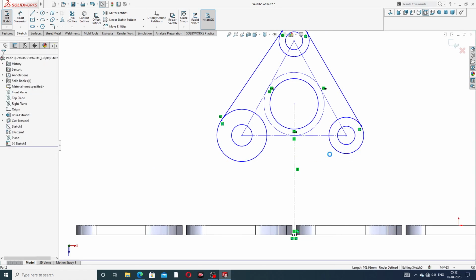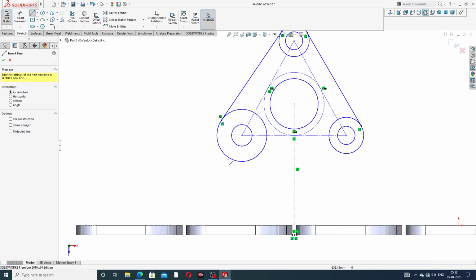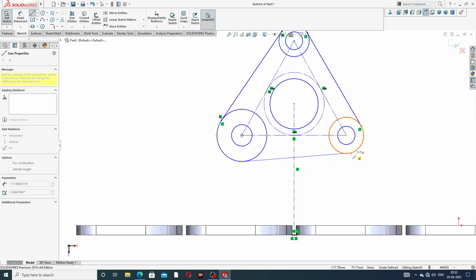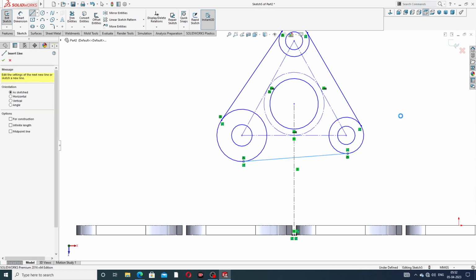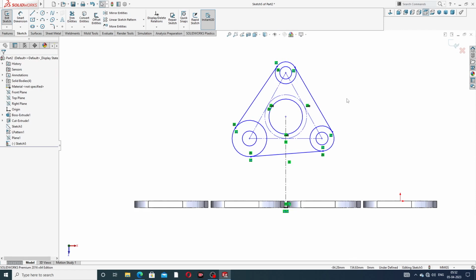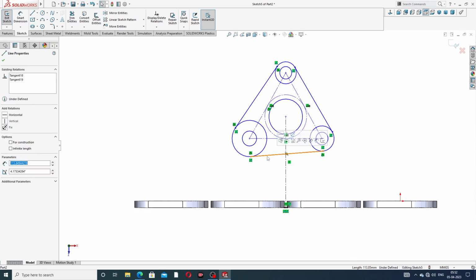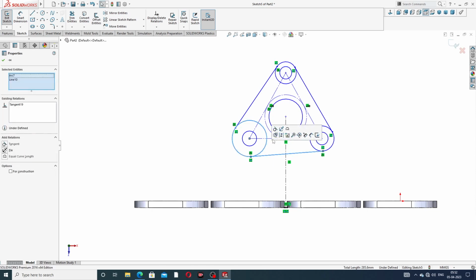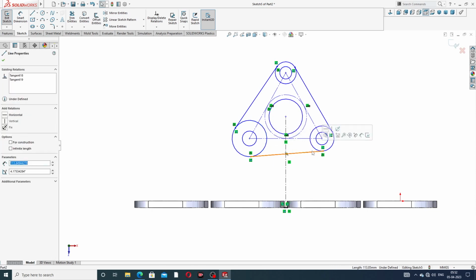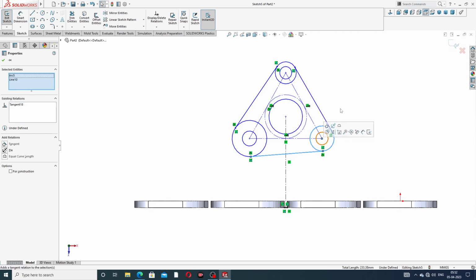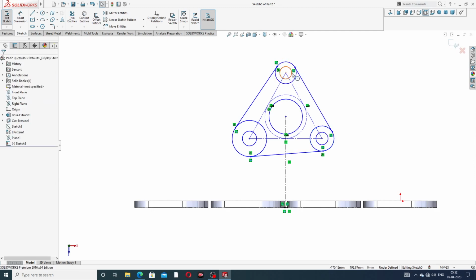Okay, this line is not connected. Connect this line to this as a tangent. Okay, and all lines, this line is also connected, this line also uses a tangent, and this line is also tangent. Okay, and